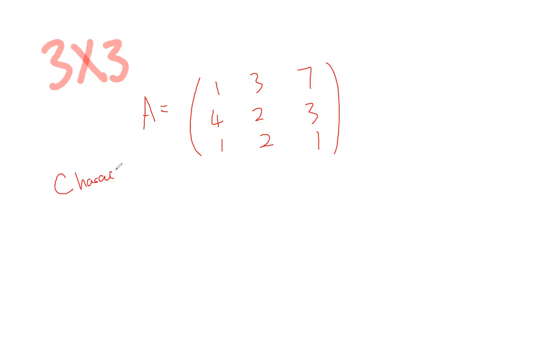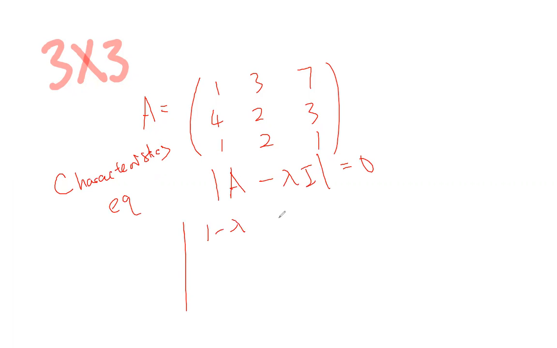Let's try for 3 by 3 right now. Okay, 3 by 3 matrix. So let's say given a matrix which is A. As the first step, we also need to find the characteristic equation, which is the determinant of A minus lambda I equals 0. So which is the determinant for 1 minus lambda, 3, 2 minus lambda, 4, 1, 2, 1 minus lambda, 3,